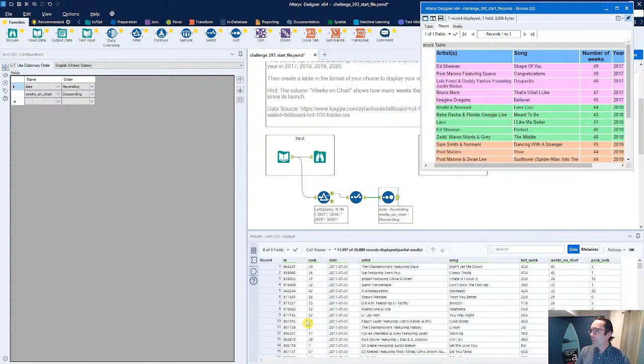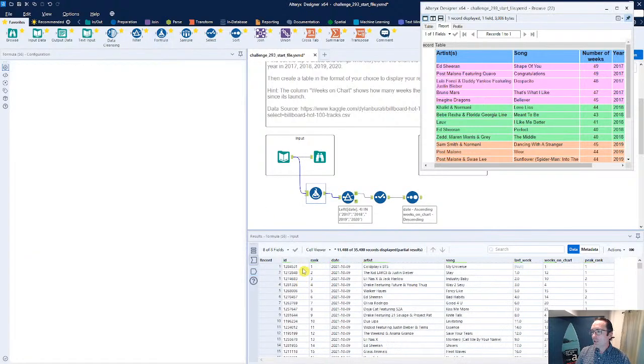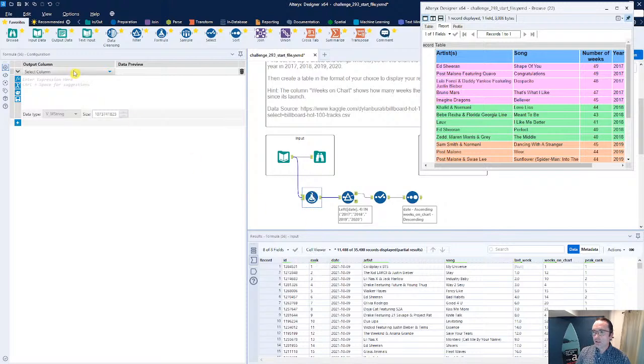Oh, you know what? So that's for each year. I'm sorry. So we're not even actually summarizing the year. So you know what? Where I did my little filter here, that was really cute, but the reality is I actually do need to parse this out into a separate year. So why don't we do this?